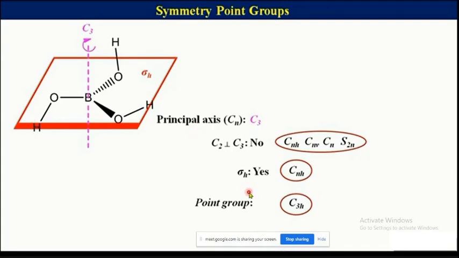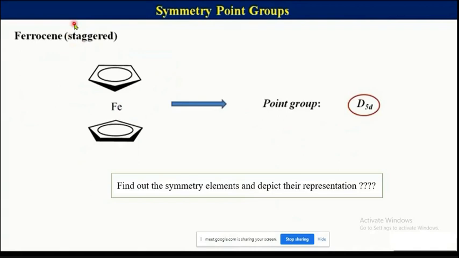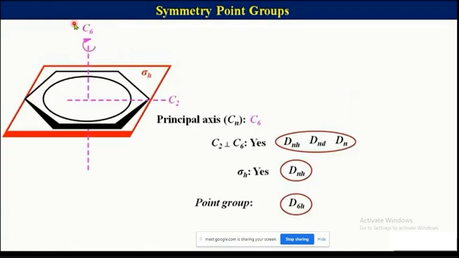Now see, I have not even asked you to find out the number of symmetry elements present in a given molecule, but you are able to respond precisely which point group can be present, only with the symmetry elements axis of rotation and plane. If you have information about these two, you can categorize any given molecule. Okay. Next, the benzene. Now see, benzene is a complicated molecule. So many symmetry elements are present in benzene. It is C2, C6.